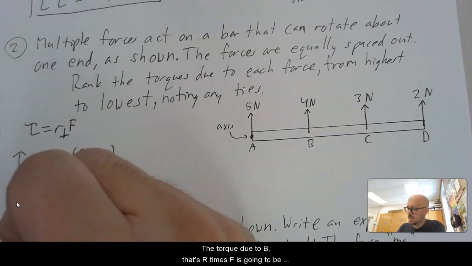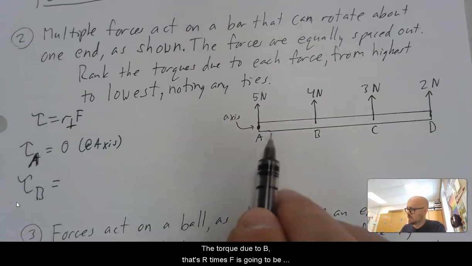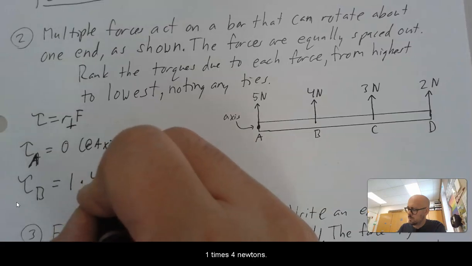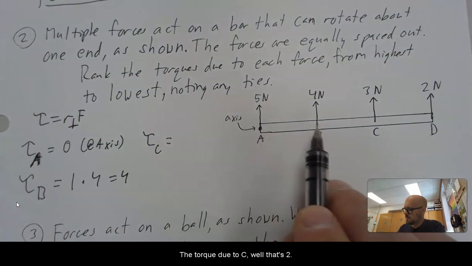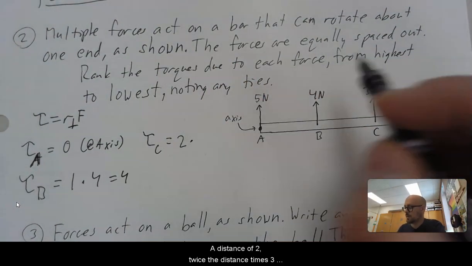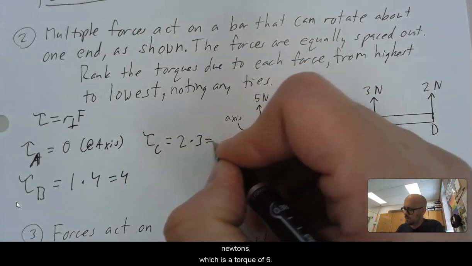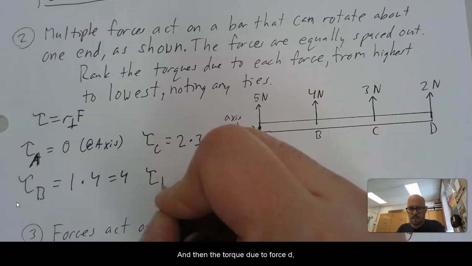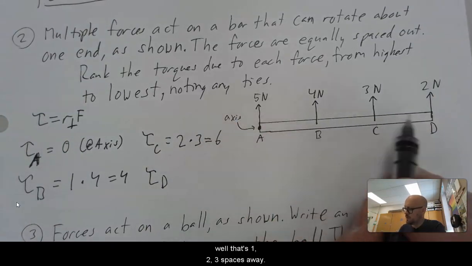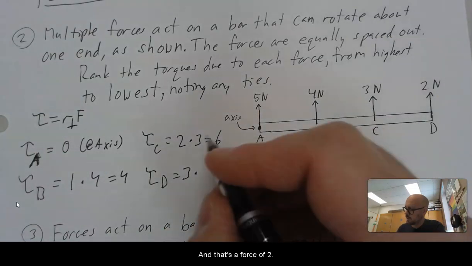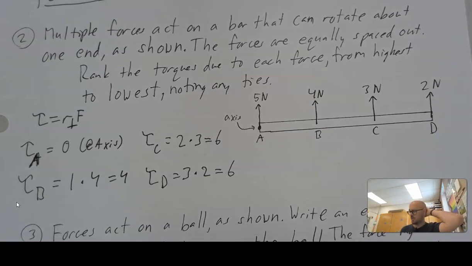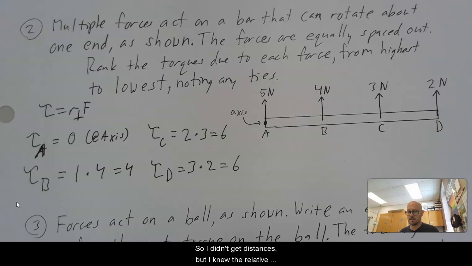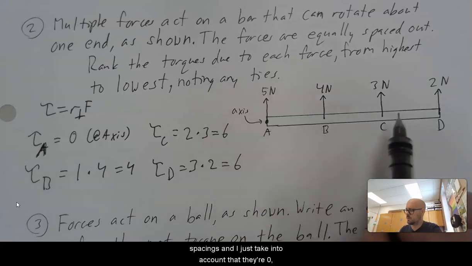The torque due to B, that's R times F, is going to be 1 times 4 newtons. The torque due to C, well, that's a distance of 2, twice the distance, times 3 newtons, which is a torque of 6. And then the torque due to force D, well, that's 1, 2, 3 spaces away, and that's a force of 2. And so that's a magnitude of 6 for torque. All right, so that gives me my ranking right there. So I didn't get distances, but I knew the relative spacings, and I just take into account that they're 0, 1, 2, and 3